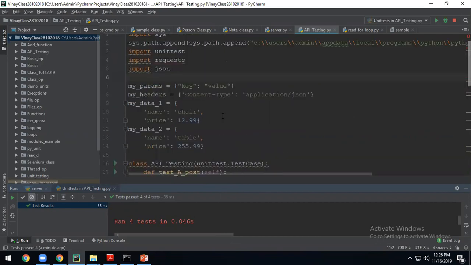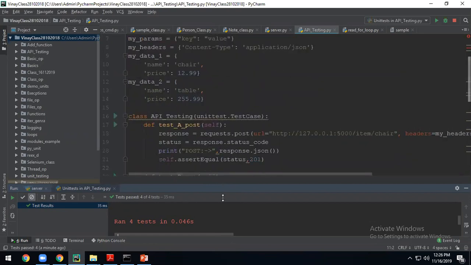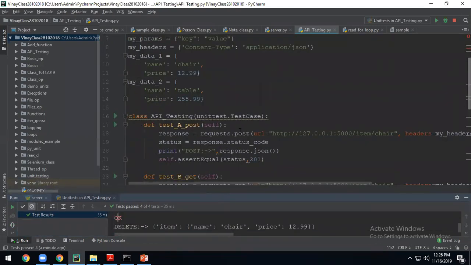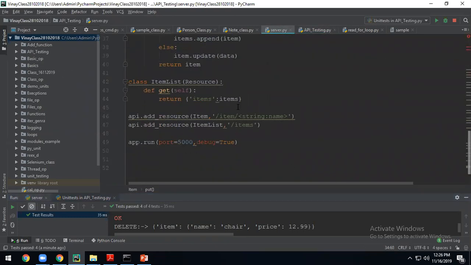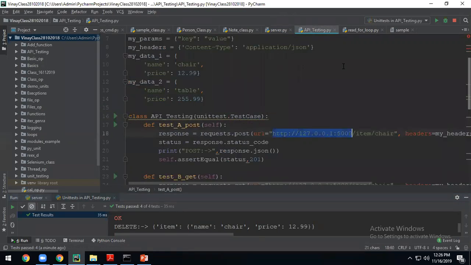Now here, what you are trying to do? In order to connect to that, you need a URL. What is the URL? Basically, a link where you can talk to that. So this is your current URL where you have the web server. Now you also need an endpoint. Actually, you can go to this server. For getting a resource related operation, you need item and then the specific name you have to pass. That is what you have given here.